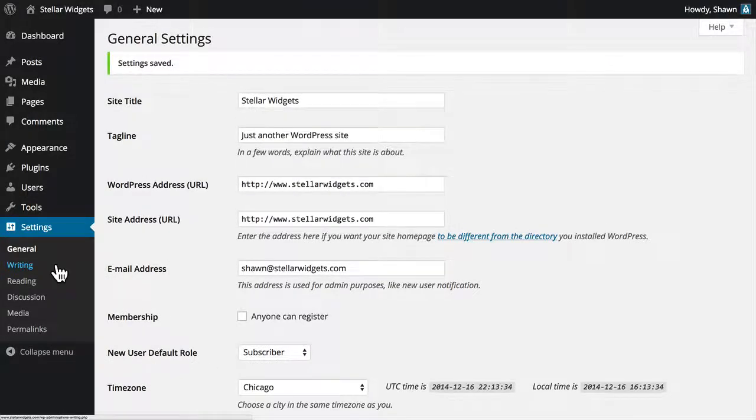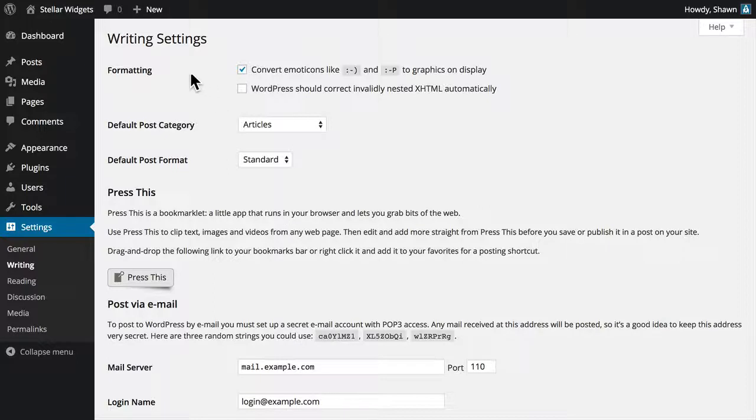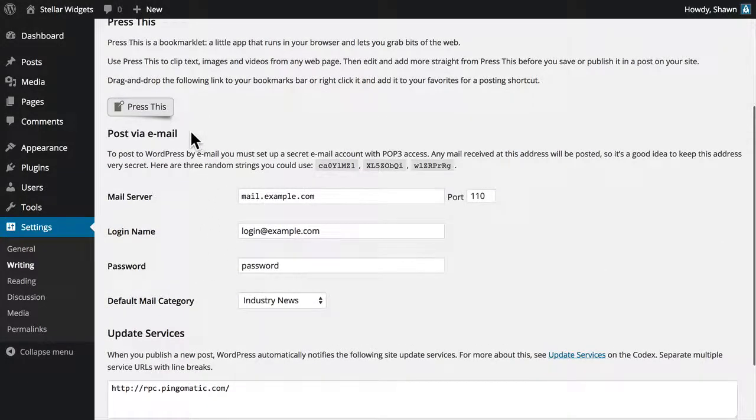The Writing subpanel controls the edit interface you use to write new posts and pages. These formatting options will convert typed emoticons into graphics and correct simple HTML errors. Choose a default category for new posts when no other category is selected, and a default post format. We covered the Press This bookmarklet in detail in the previous video, but you can also post directly to your